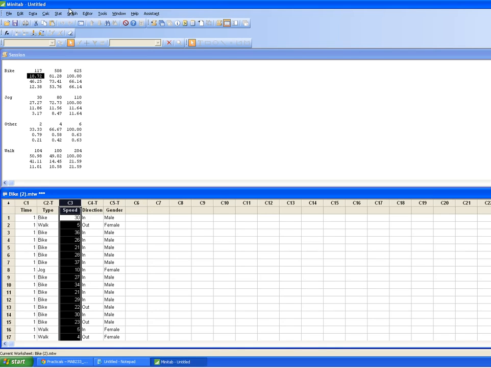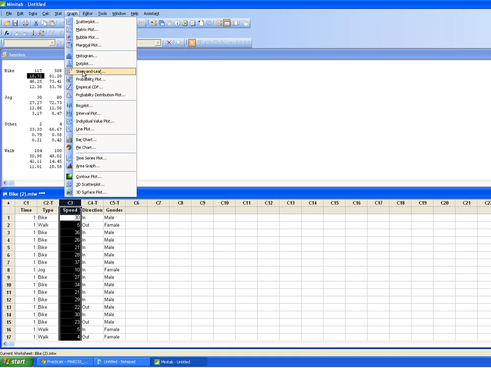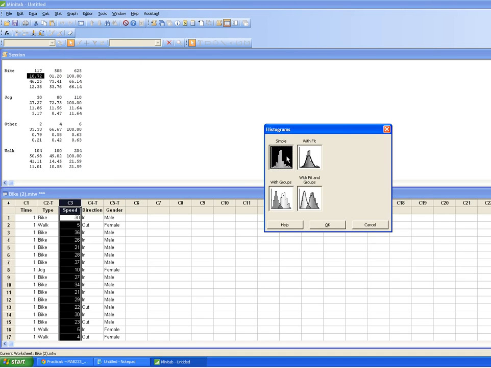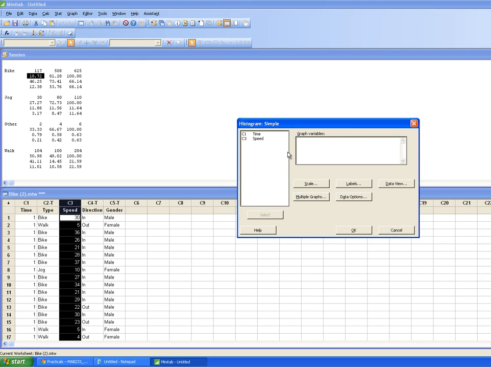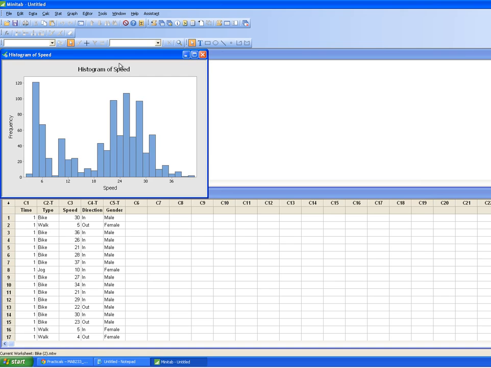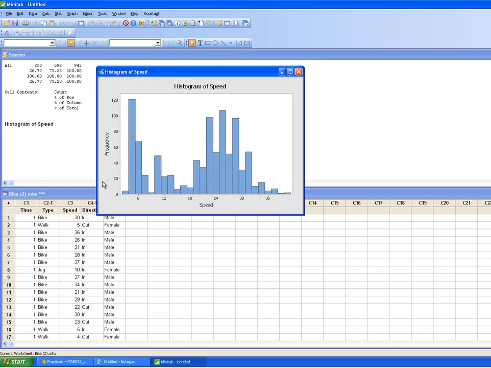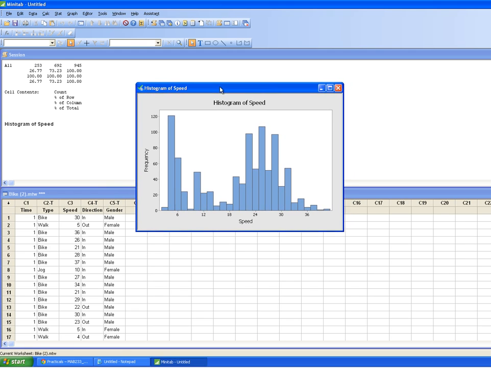In order to generate a histogram, it's relatively easy: graph, histogram. We're going to be doing a simple one, and these will all make sense later on. Here we're just going to be looking at speed. So click OK, and it generates a histogram for you. It's as simple as this. Now, if you're unsure about exactly what a histogram actually represents,